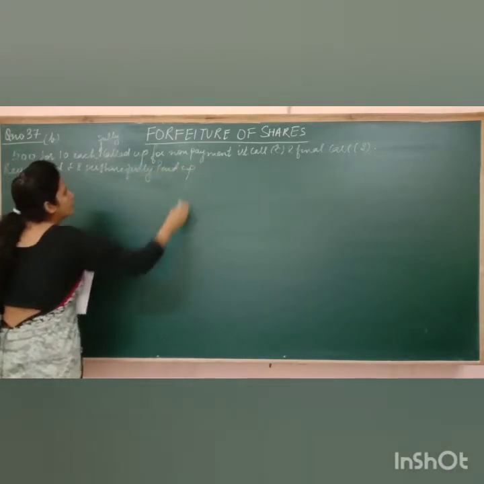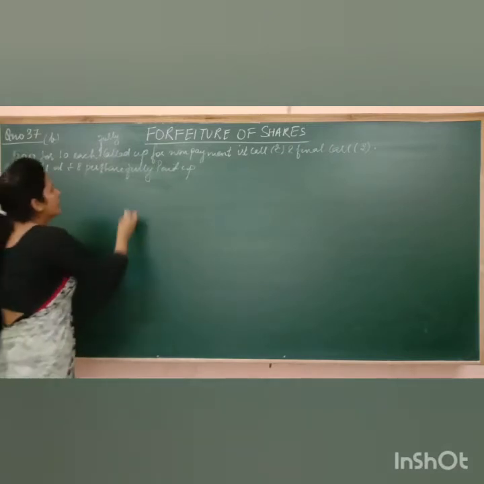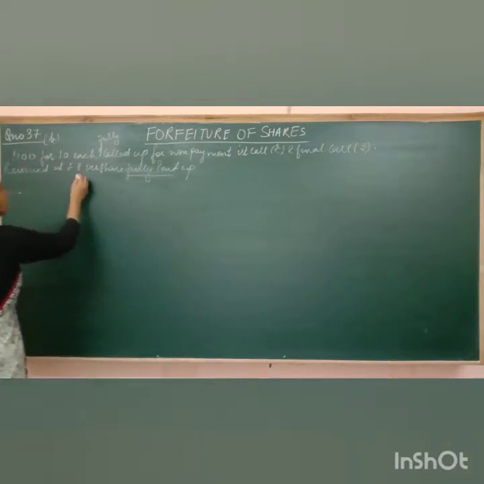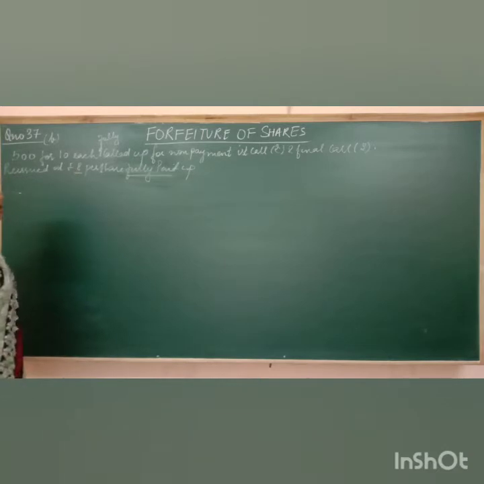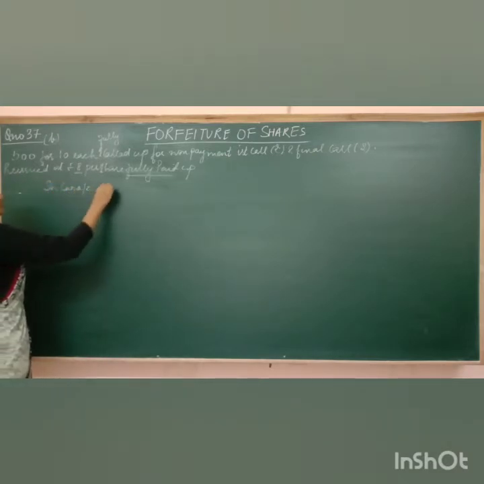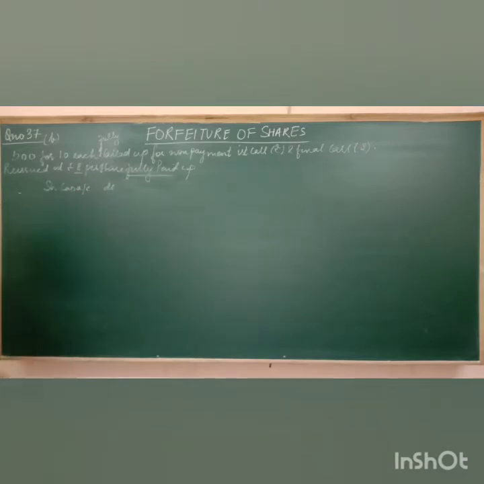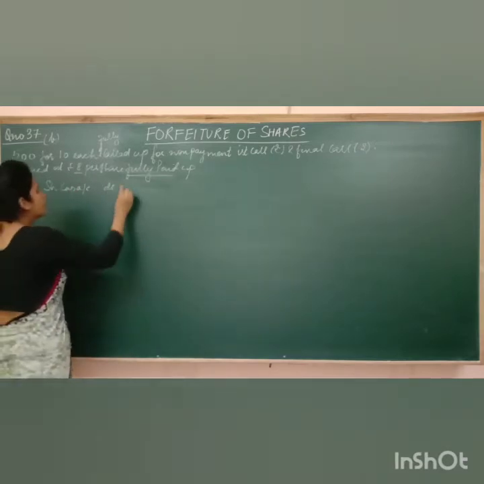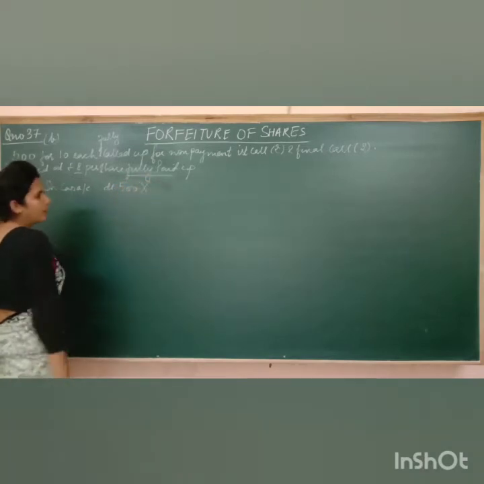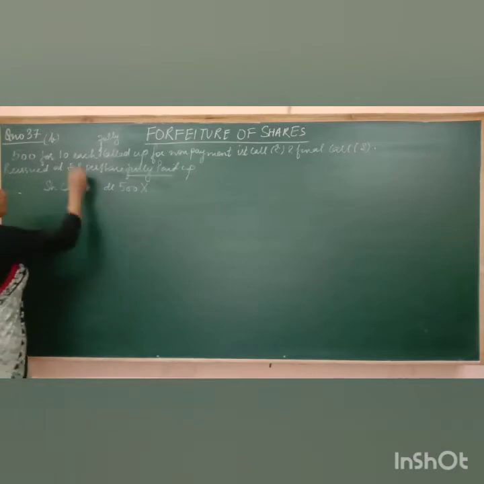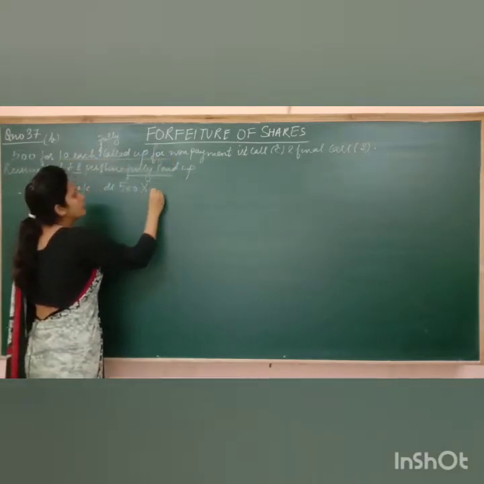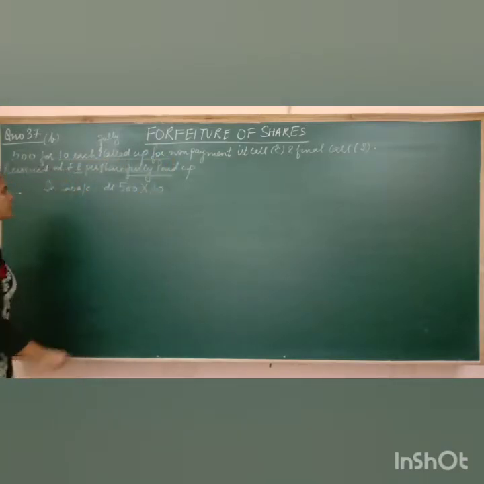Now as I told you the meaning of this word fully paid up, it means that you need to compare the reissued value of the share with its original value. So let's discuss. Pass the entry, you know the basic entry. It is share capital account debit. Why? Because we are going to forfeit the shares, so capital will reduce. We are forfeiting 500 shares with the called up capital. We have to multiply and the called up capital is 10. So 500 into 10, that is 5,000.